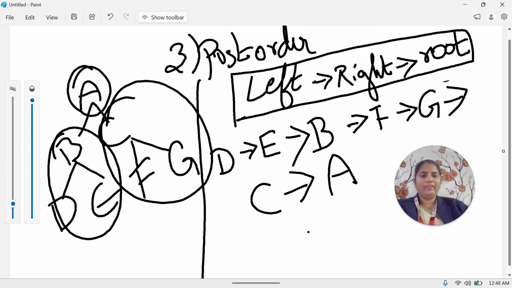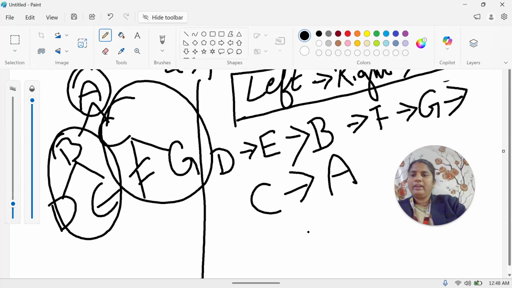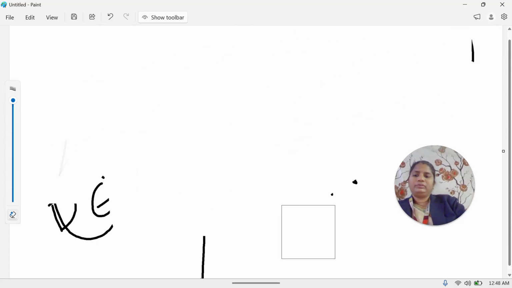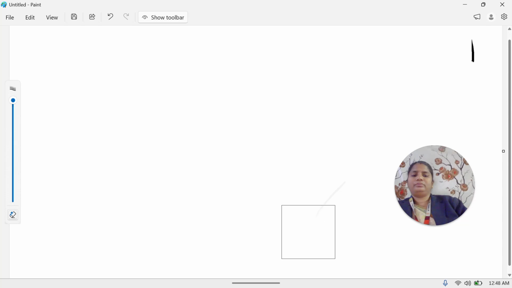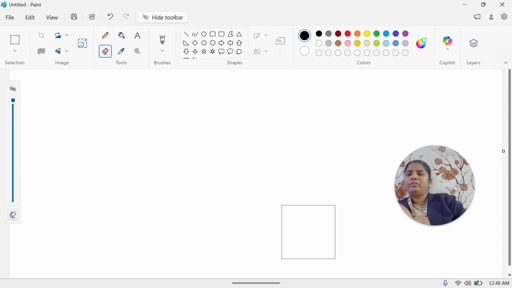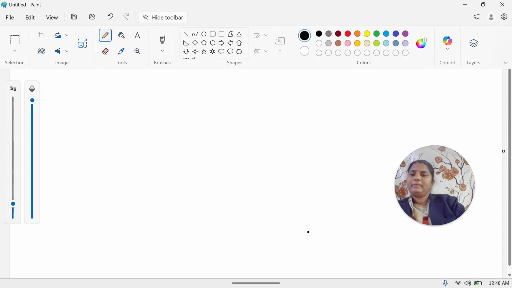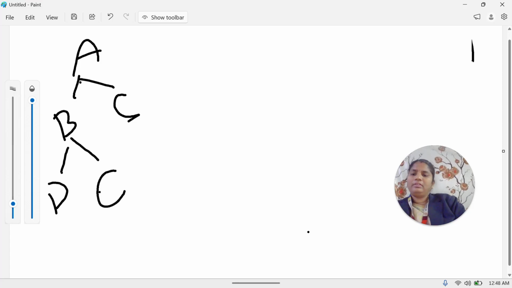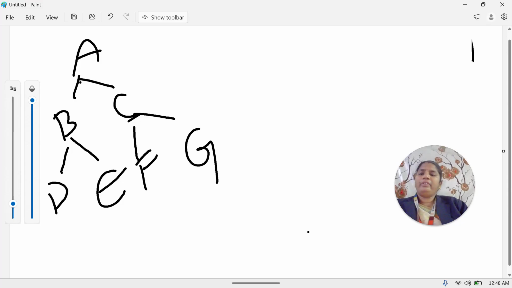Next one is level order. So this is the advanced one. So next one, level order is nothing but it will go with level wise traversal. So we'll put an example. Same one, A, B, C, D, E, F and G. So if you see this, the